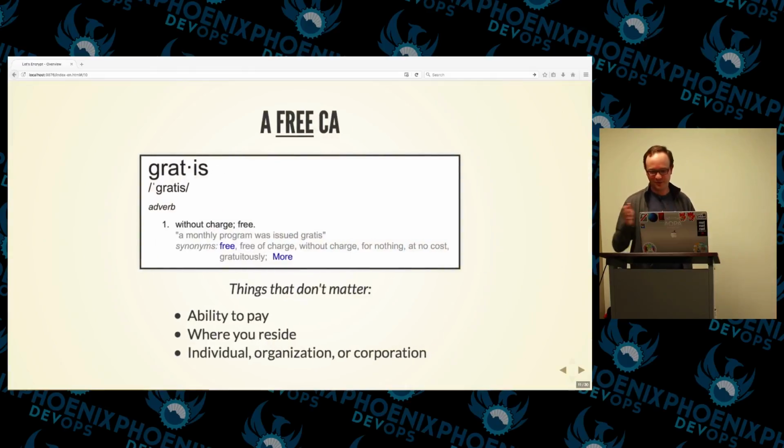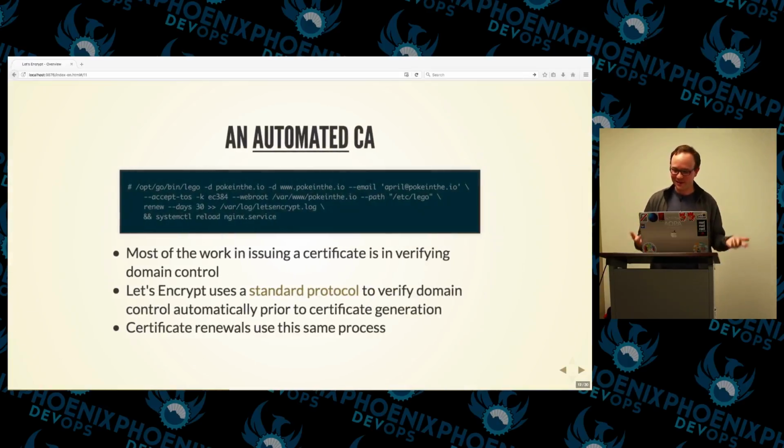So Let's Encrypt is free, easy, and open, and you all know all this because you've all heard of Let's Encrypt, so we'll just run through that quickly. It's gratis. You can get certificates without the complications of paying for it, which is actually really important in places where there are tax ramifications for people wanting to start businesses and that sort of thing. It's automated, so everything is built using standard protocols and in a fashion where it needs no user or human intervention. We'll get more about that in a bit.